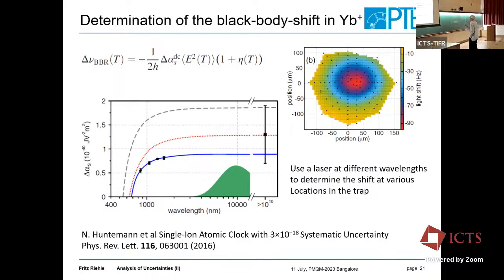So what has been done by Hundemann et al. is to measure the influence all over the trap, and then to do the correction. Also, they have applied different lasers to find the exact form of this state